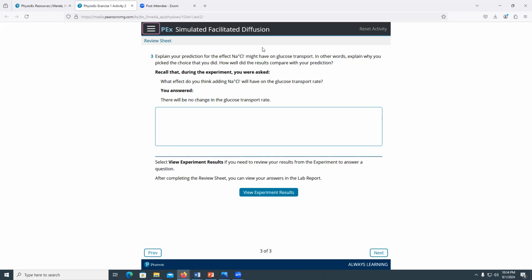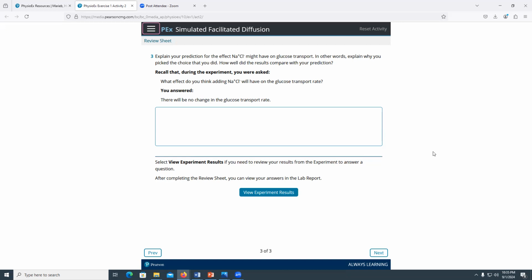Explain your prediction for the effect of sodium chloride. We said that sodium chloride is not involved in this process of facilitating the movement of glucose or amino acids from an area of higher concentration to an area of lower concentration. But if we were dealing with secondary active transport, which is reliant on sodium movement, we couple the movement of sodium from an area of higher concentration to an area of lower concentration to the movement of some other